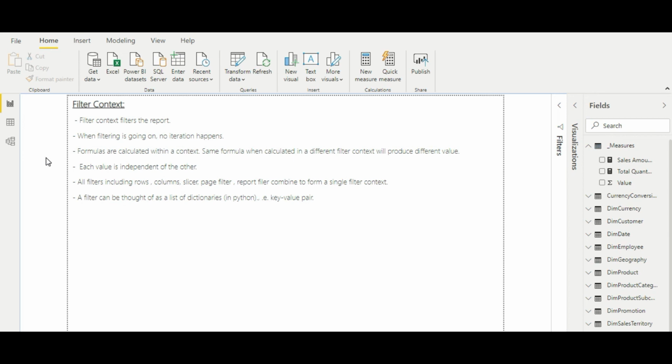And the last point is that a filter can be thought of as a list of dictionaries. I have written this just to give you a sense of how you can think of a filter context. If you have learned Python and studied lists and dictionaries, a dictionary is a data structure which has key-value pairs. For each key you have a single value or multiple values, you can have a tuple of values. And a list is an